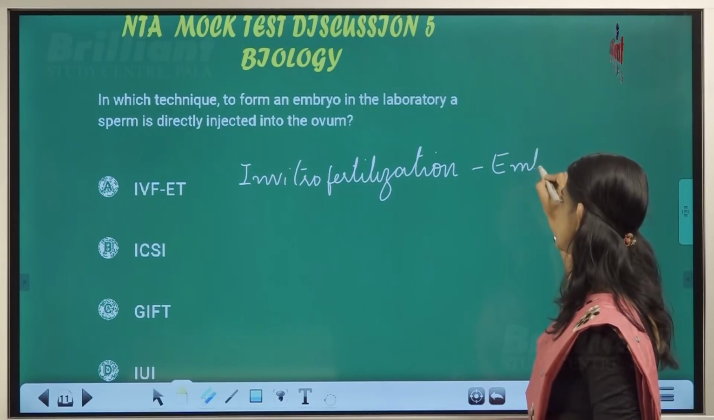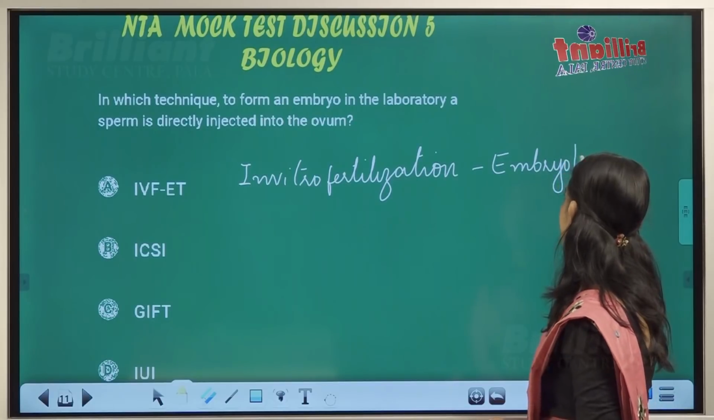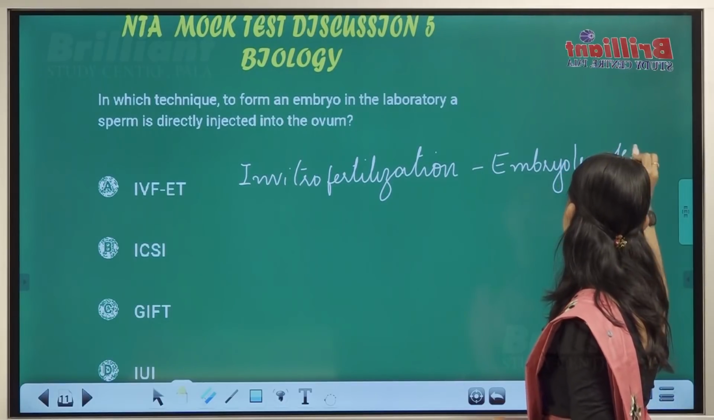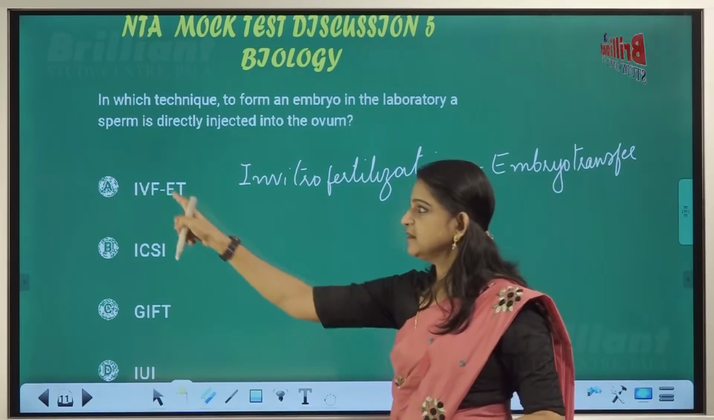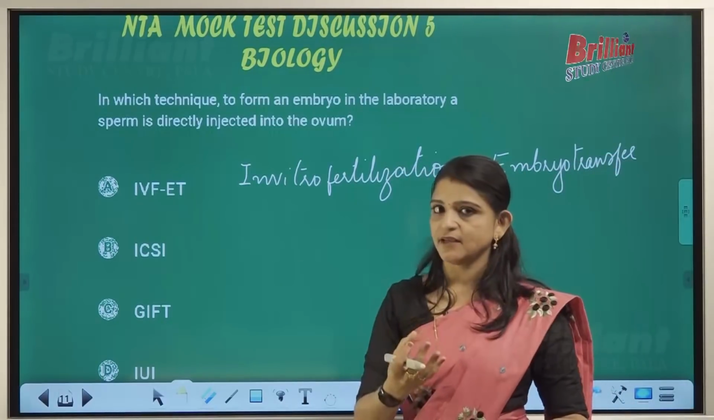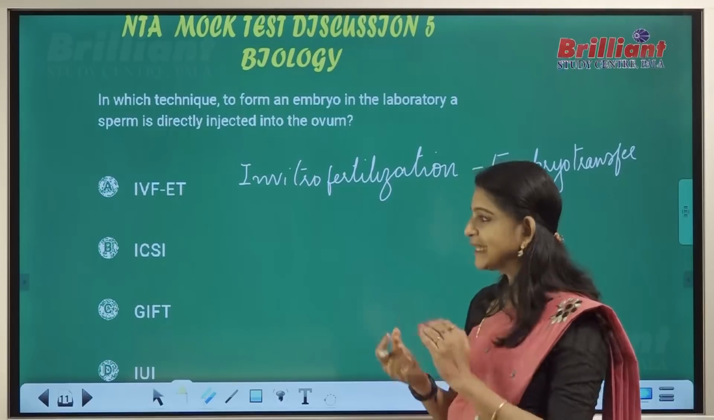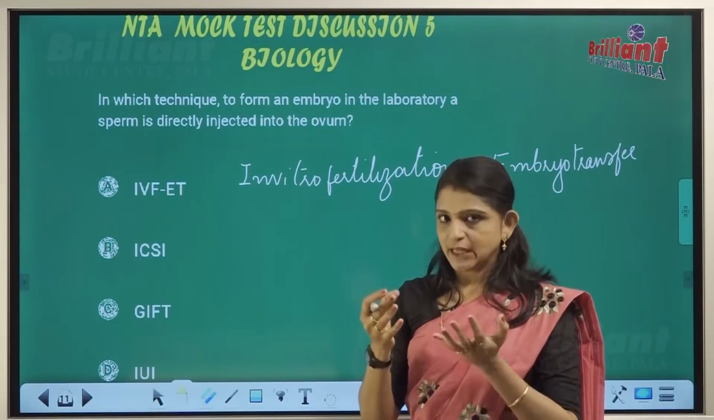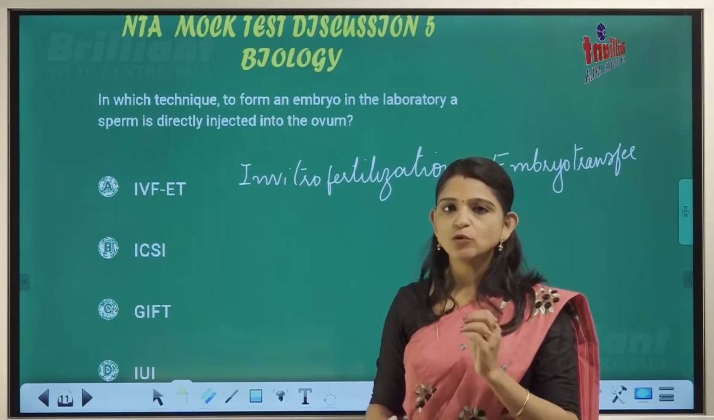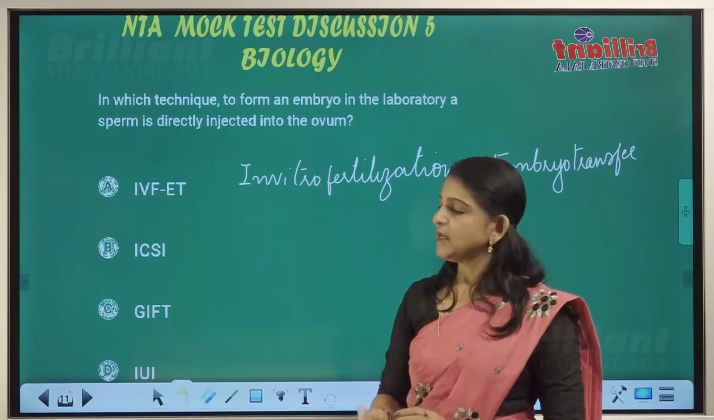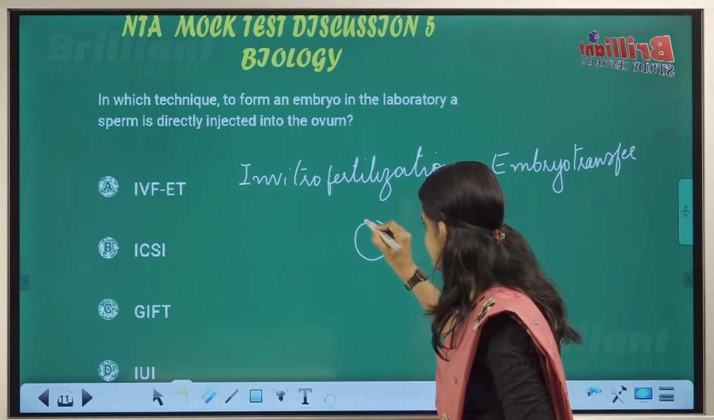In vitro fertilization, then embryo transfer. Normally in this IVF ET technique, we collect the semen along with sperm. After that we remove the semen and take the sperm. We will take a petri dish in which